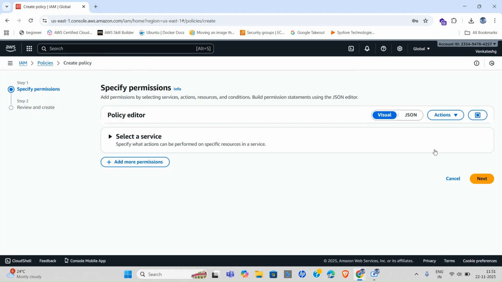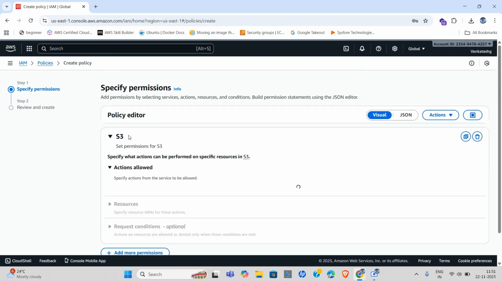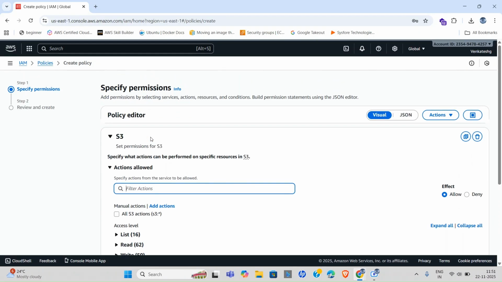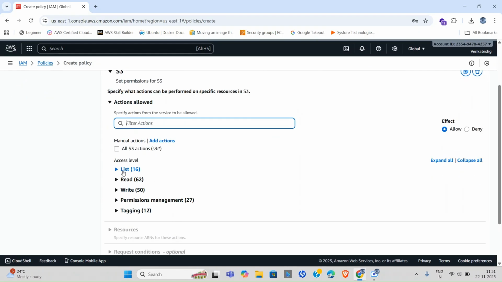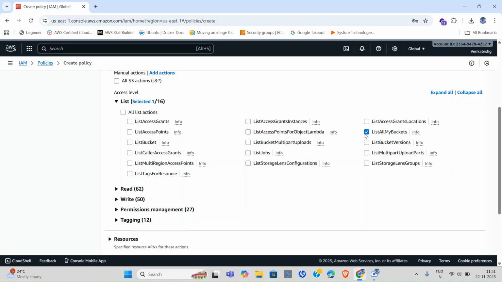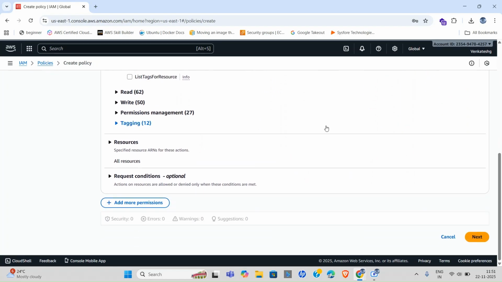You can choose the service. Yes, we have to choose the service. Choose S3 and click on list. So list all my buckets is the permission that we are supposed to give to that user. Let us click on the list all my buckets option in the S3 service and let us click on next